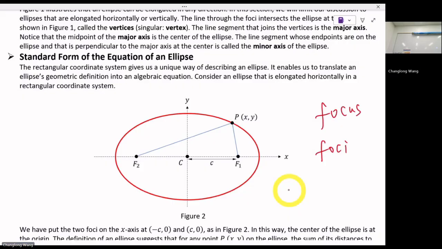It's like I told you, the sun in our solar system is at one of the foci, and the Earth is the point P, a planet going around the sun in an elliptical way. So can you imagine that? What if the sun is somewhere on the ellipse? No, the Earth's going to hit the sun in a year. So thanks to whatever you believe, either physics or God, that sun is away. Anyway,